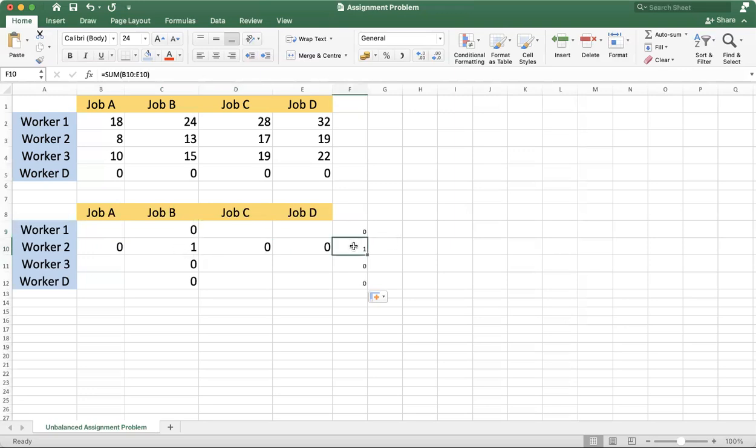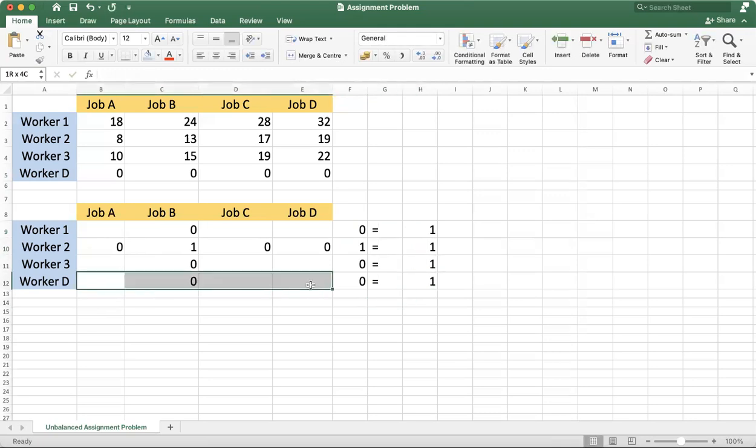For example, when you see here that it is 1, it is showing 1 because here we have this value where worker 2 is assigned to job 1. All these values should be equal to 1 because each worker will be assigned to exactly one job.